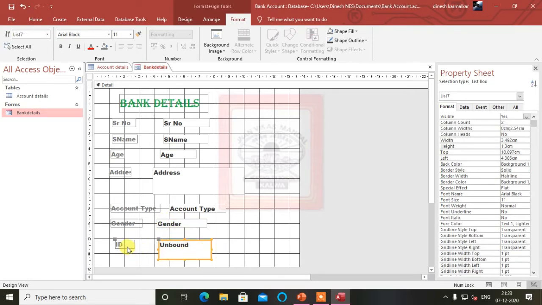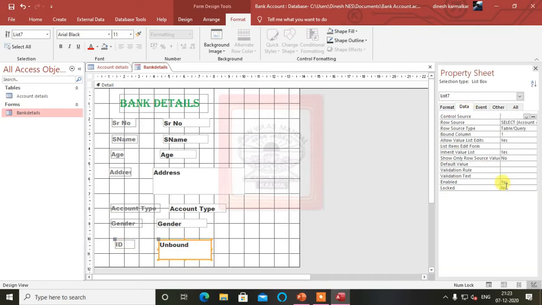It is showing unbound here, because we have not bound the data. We want the data from the ID field.